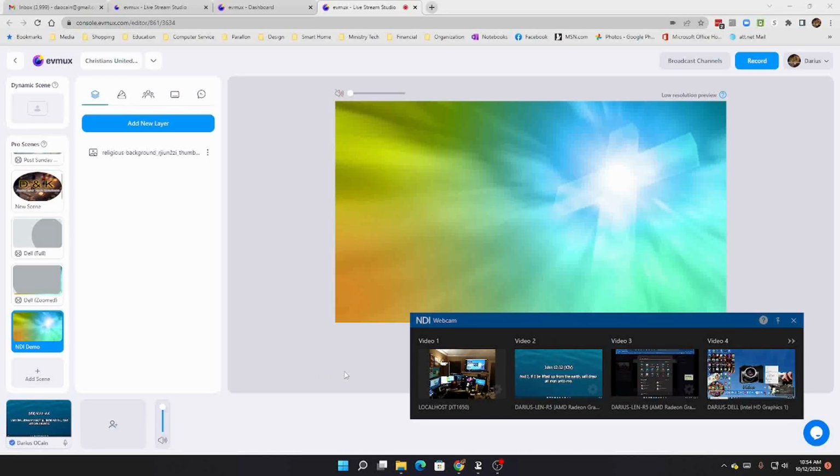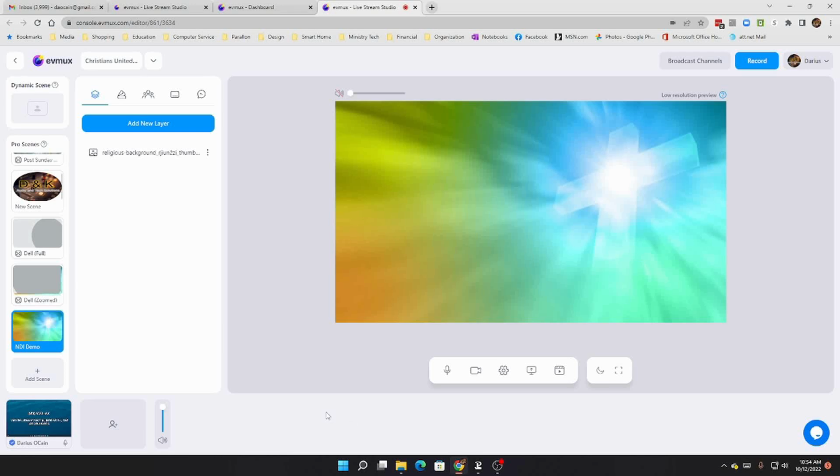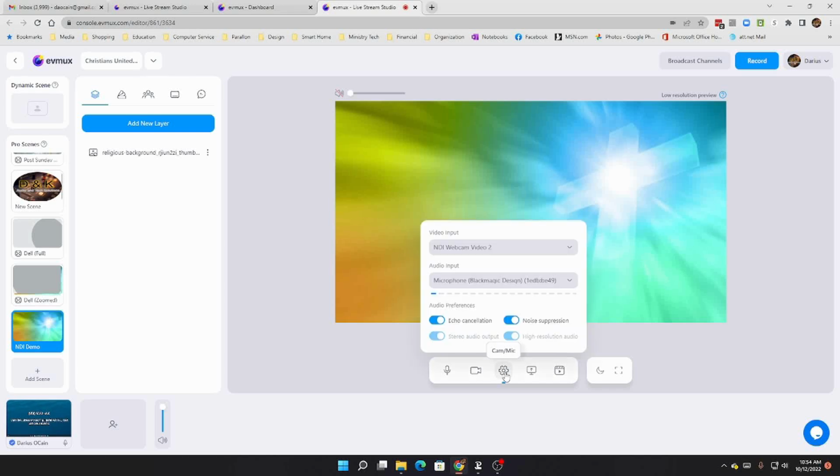So I'm going to click out of that right now, and I'm back over in Evmux, and I can come to our cam mic option here, and then here under video input, you see we have the same thing. We have video 1, 2, 3, and 4, and that corresponds to what we saw over in the NDI software itself. So if I click on NDI webcam video 3,